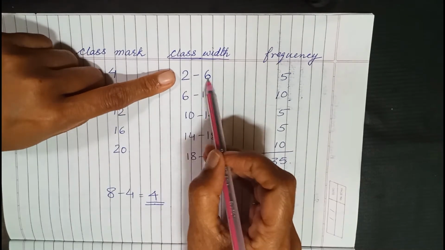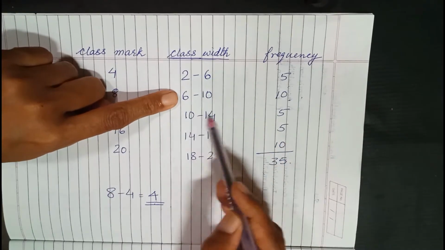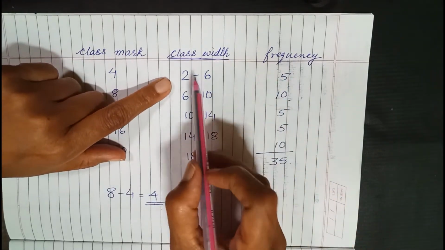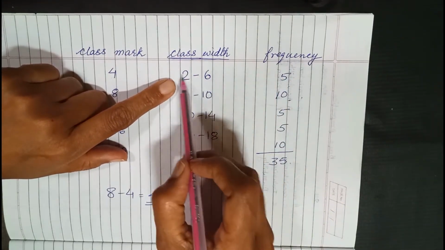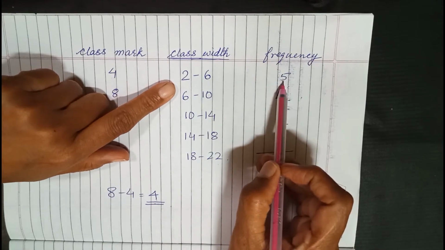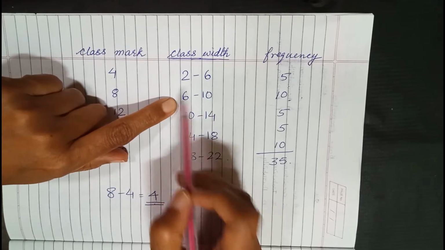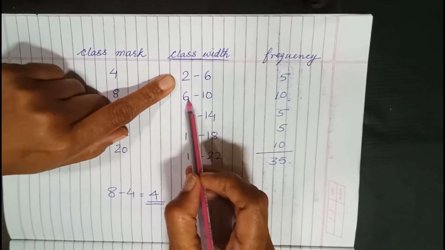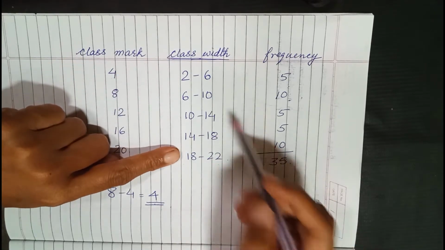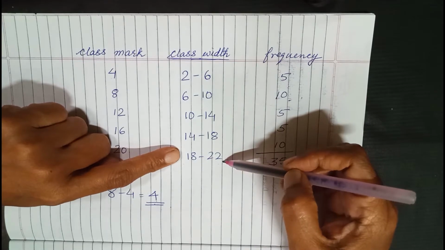These are the continuous classes. You can see the 6, which is an upper limit here, becomes the lower limit here, the same for all. So this is a continuous class. And what it means is that all the scores which are from 2 to 6 are included. That is, there are 5. Frequency is 5. The upper limit 6 is excluded here but included here. So now 2, 6, 10, 14, 18, these are all called the lower limit. And 6, 10, 14, 18, 22 is the upper limit.